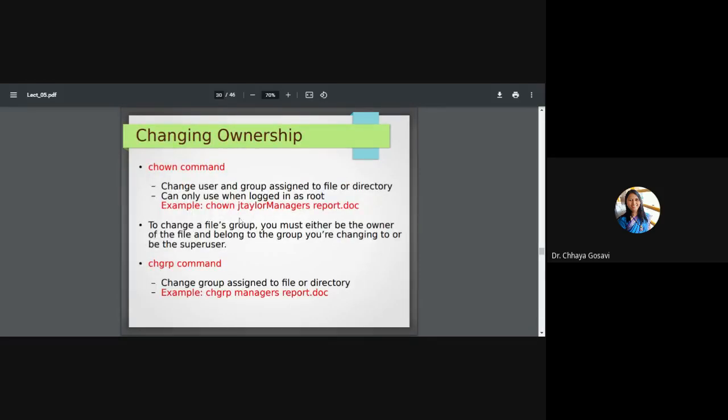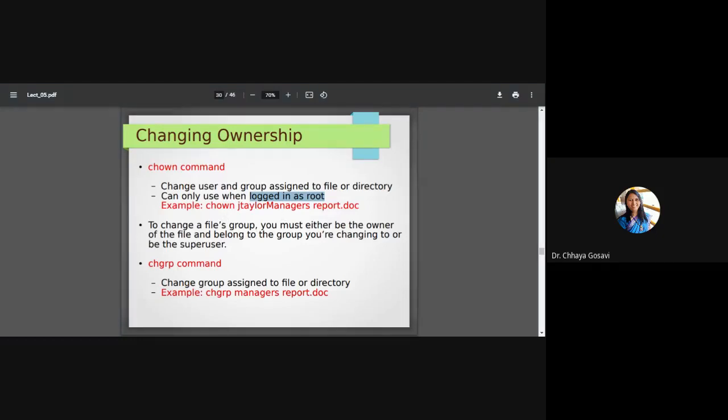So there are commands like chown. Chown is used to change the owner, user, and group assigned to a file or directory, and can only be used when logged in as root. So you need root or privileged access to run these commands.